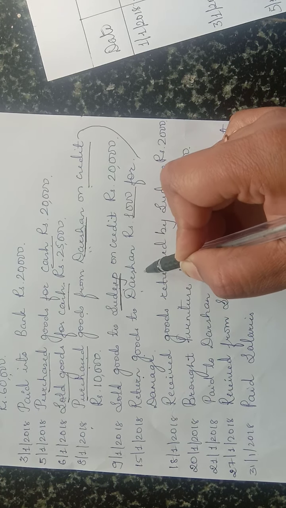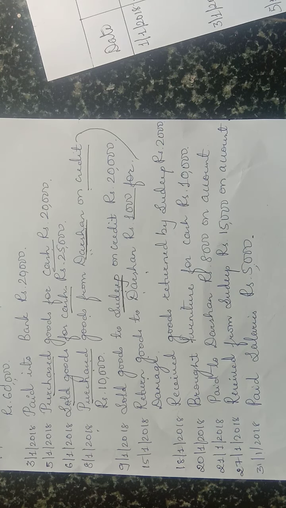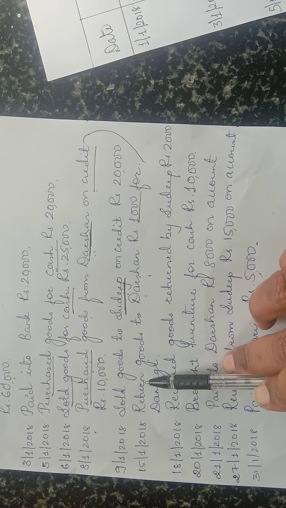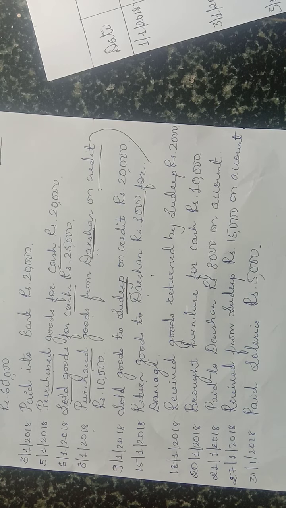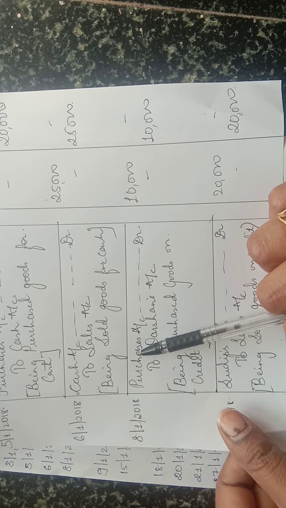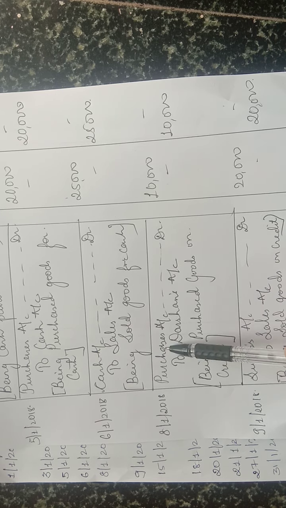Okay, to whom? Darshan. Now, purchases are always debited. So, opposite of purchase is purchase return. Purchases account is debited and purchase return account is credited. So, you have to reverse now. See here, Darshan entry. So, here purchase account is debited. Now, what you have to do? You have to reverse this entry. Okay, it is return. Purchase account is debited.